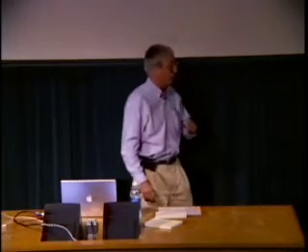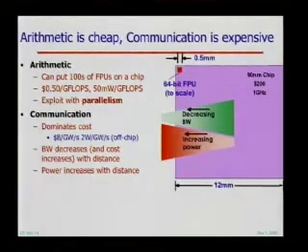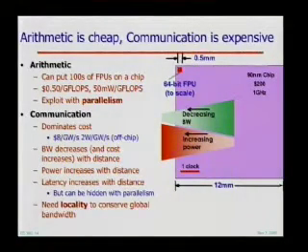What about heat for communication versus computation? The heat for communication dominates as well, and I'll show some data on that shortly. Power increases with distance, and I'll show some quantitative numbers on that. Latency is also a big factor here. This is also to scale how far you can go in one clock on this chip. It takes 4 or 5 clocks to get across the chip on one edge and 4 or 5 clocks on the other edge. So if you want to do things, you have to be doing it to data that's near you. You can't be traversing the chip every time you need to get some data.